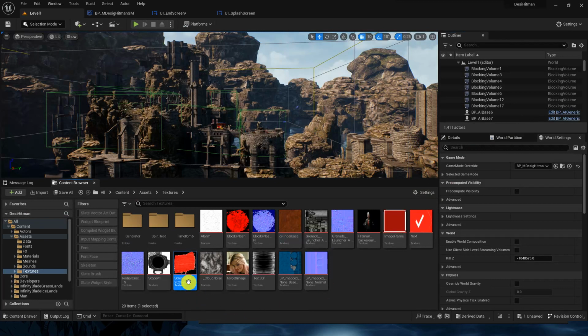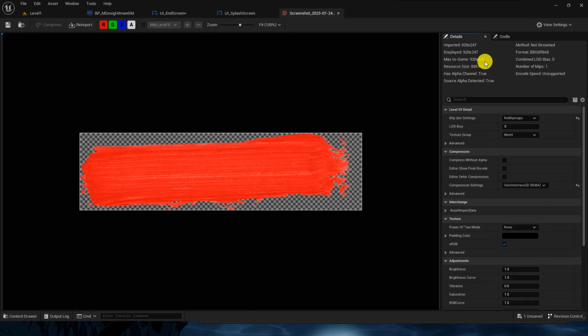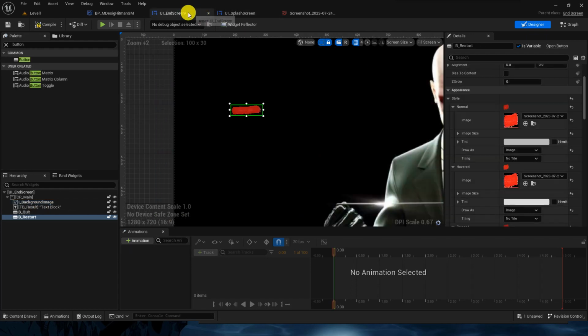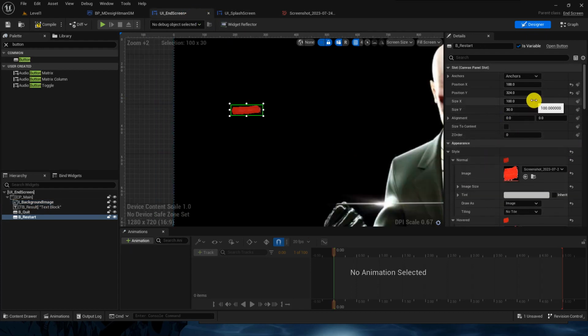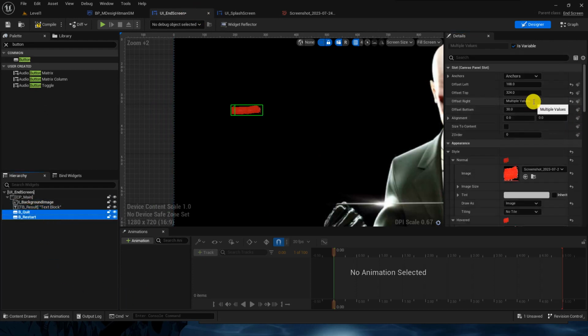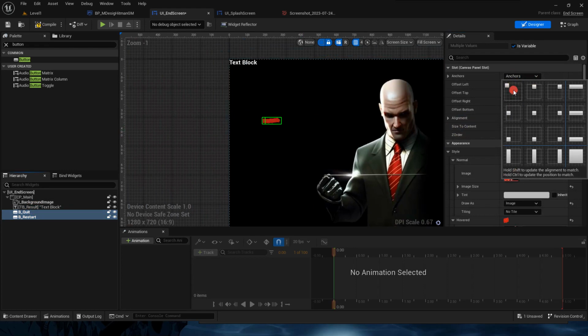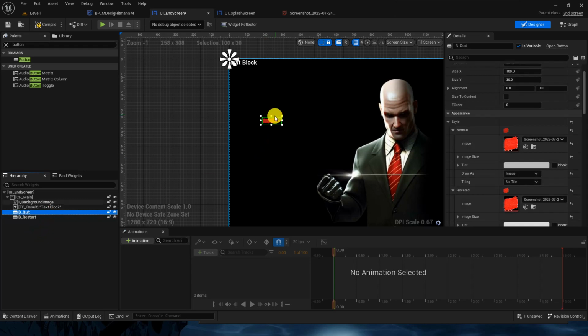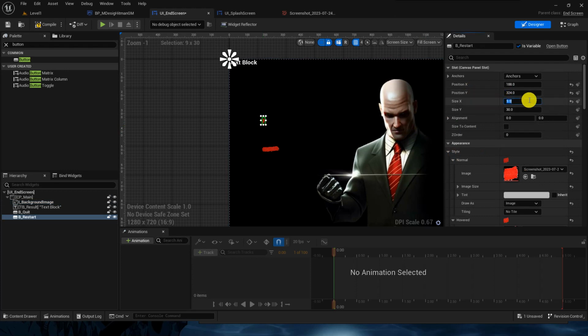The image size which I am using is 920 by 247.